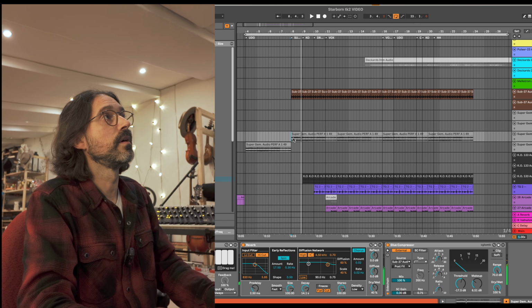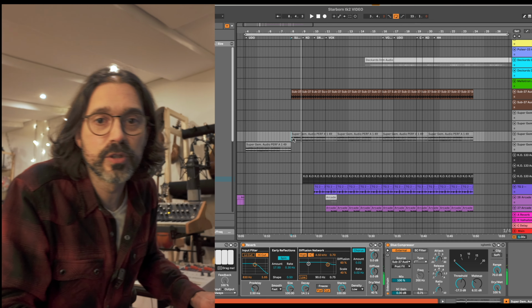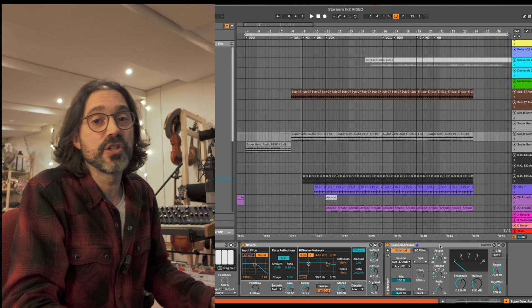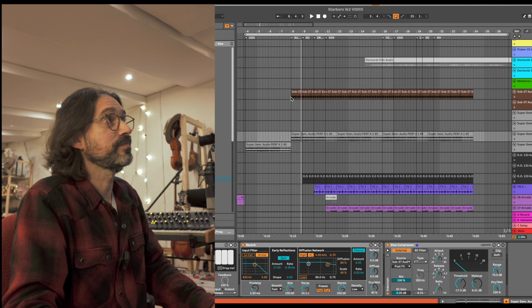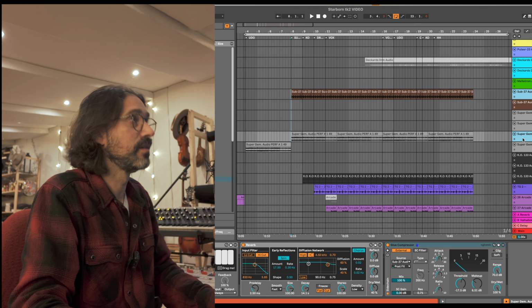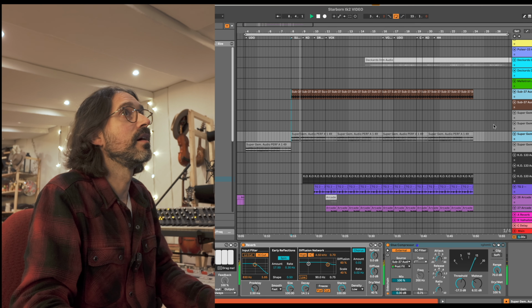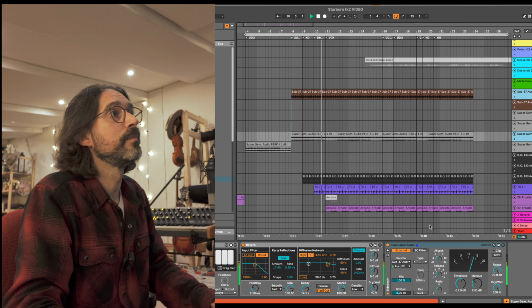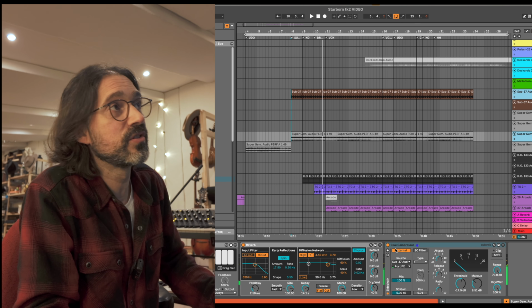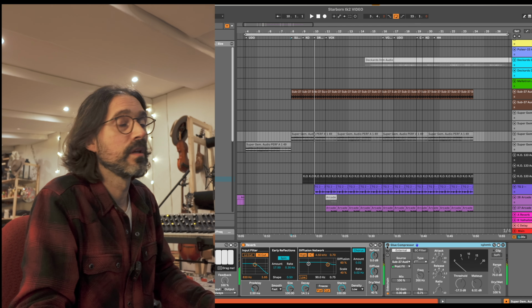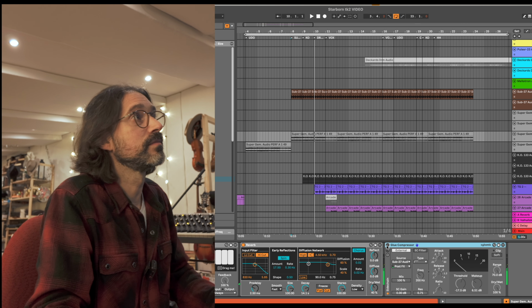I thought it'd be kind of cool to put a compressor on it and to do a sidechain with the kick. So that alone sounds like this. Without the compressor, it sounds like this. With the compressor,